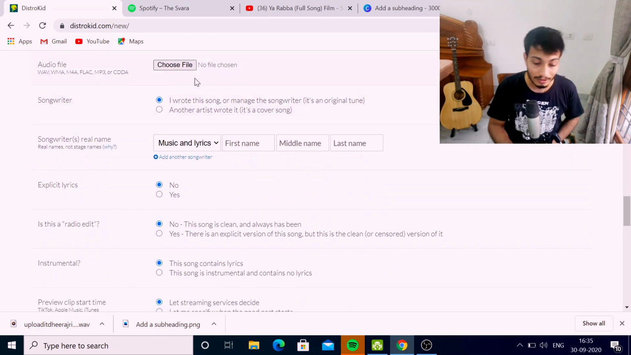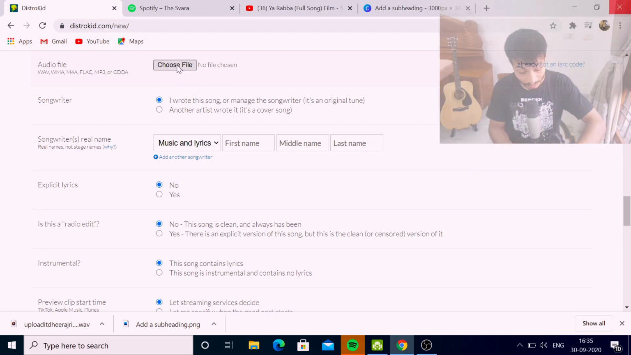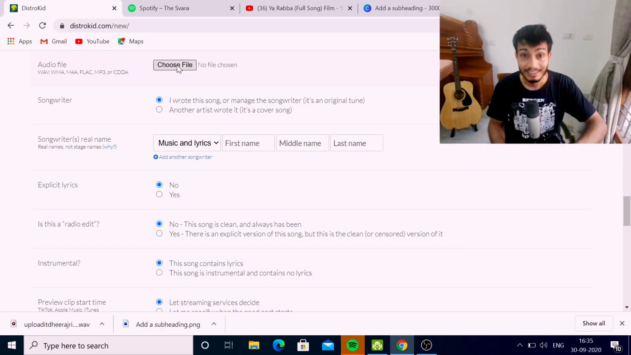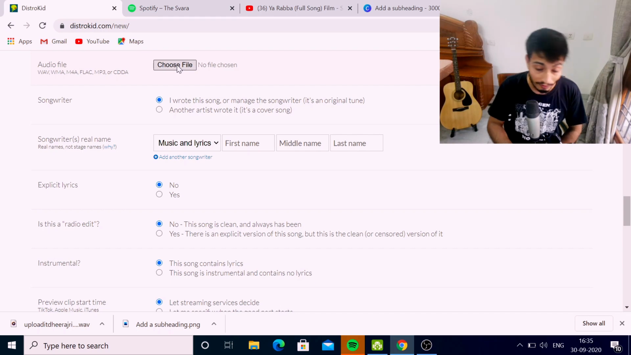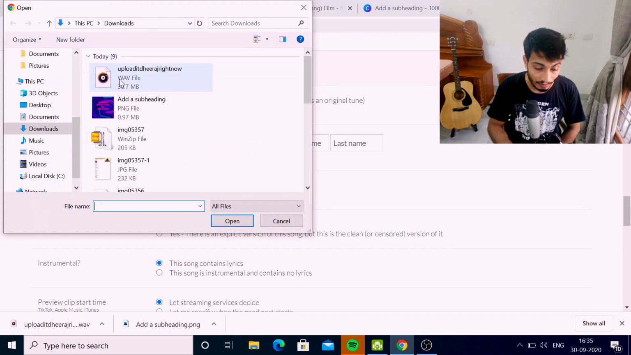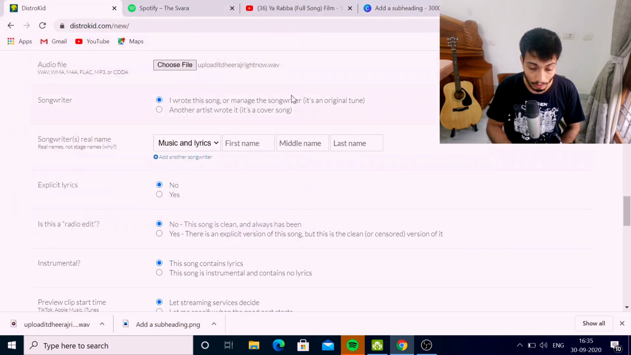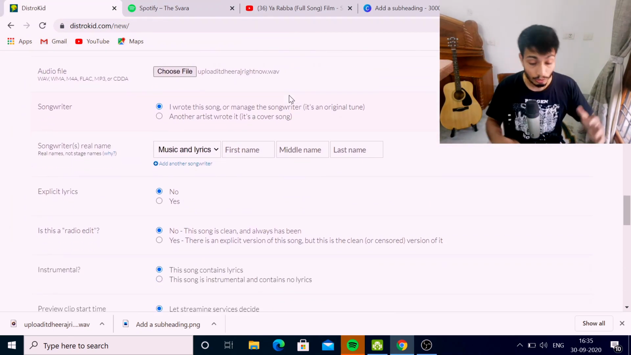So then is the audio file. The audio file that you want to upload in all the stores. It can be a WAV file, it can be an MP3 file, whatever you prefer. I prefer WAV files, and I made one for myself. So I'll choose that file right now and we'll upload it right here. So once we have uploaded our file,